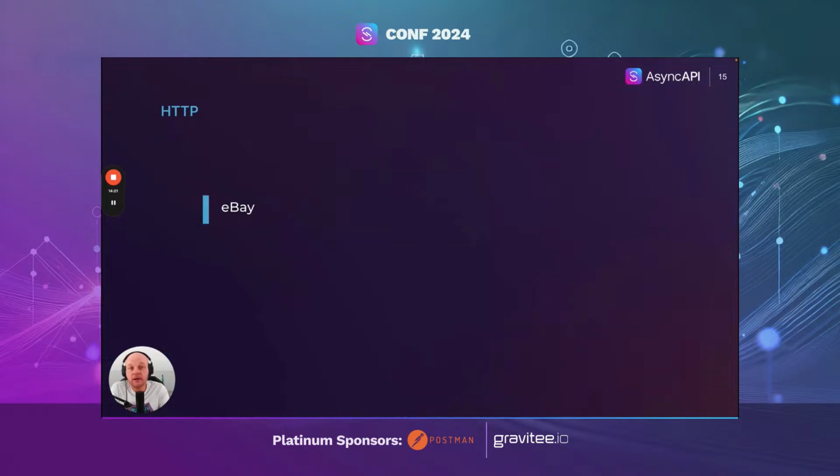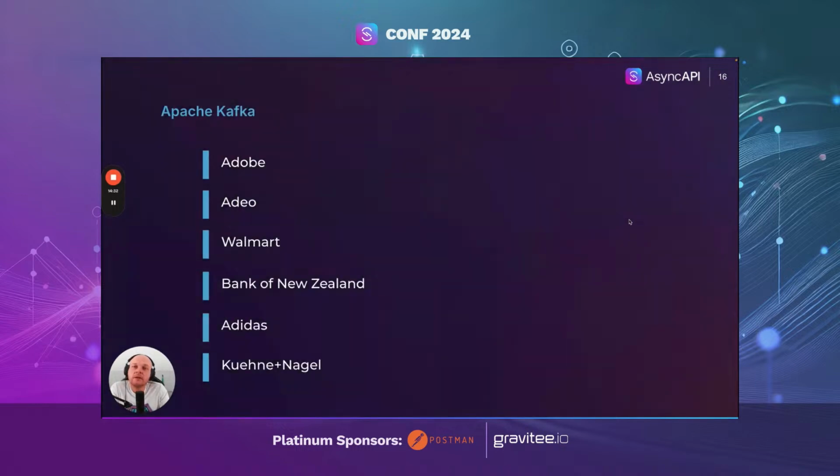HTTP, in this case we have eBay, and they are using AsyncAPI for exposing the notification API. Apache Kafka, you see a bigger list of companies. So yeah, at least in my bubble, it seems that Apache Kafka is the most popular solution for event-driven architecture. A variety of different companies use it.